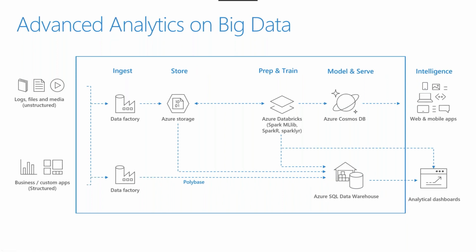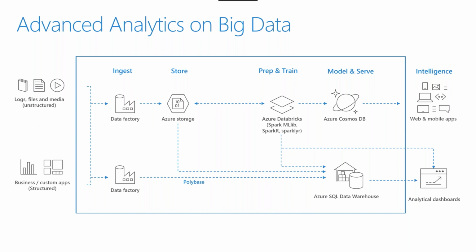And of course, advanced analytics, right? When it comes to machine learning, all those different algorithms, and tying it into a data warehouse, it all can be possible. This is, once again, another overview of how you can do it from the ingestion perspective, where to store it, preparing and training it. As you can see, one of the big differences that has been added to this diagram is that Spark has a variety of different ways that you can run machine learning algorithms, and this accommodates a lot of the different data scientists out there,